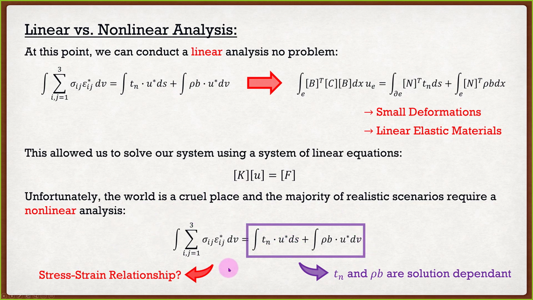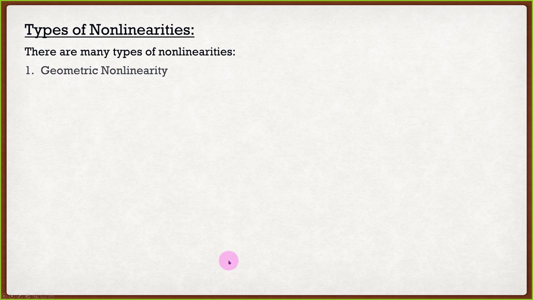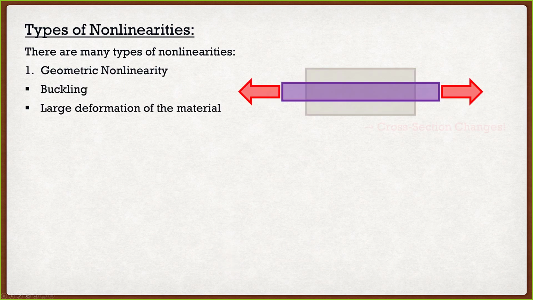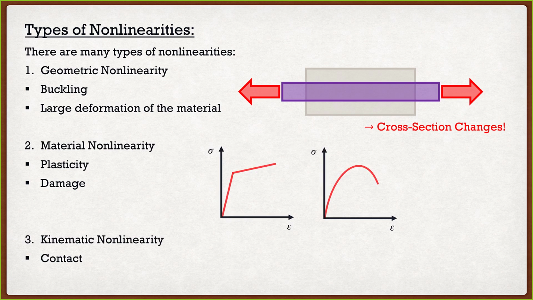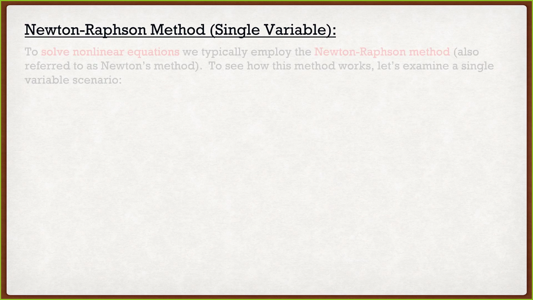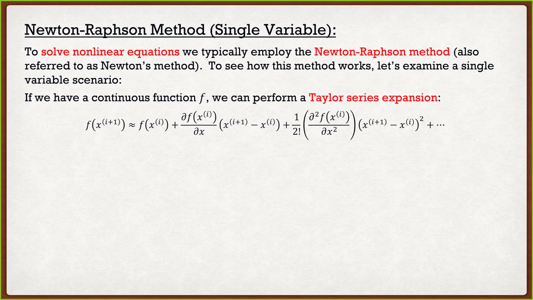Now, getting into this equation is outside the scope of this course, we're not actually going to get into it. All we're trying to do by the end of this lecture is to show you, if we have these nonlinear equations, how do we solve for them? Because we have to realize that in our finite element method, we have nonlinear equations. ABAQUS, ANSYS, whatever you pick, it solves for them. And we're going to show you what exactly ABAQUS and ANSYS does, which is, again, this Newton-Raphson method. We're going to start off with the single variable case just to make things easy so you can see what exactly is going on with this method. And then we are going to apply it for our many equations with many unknowns.